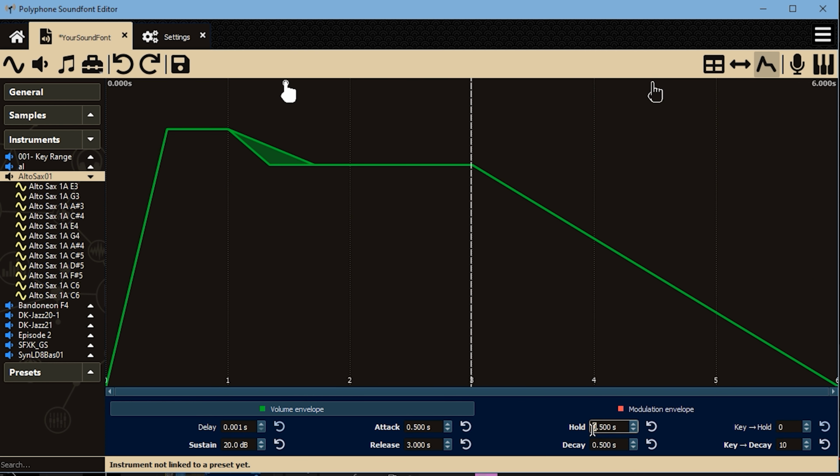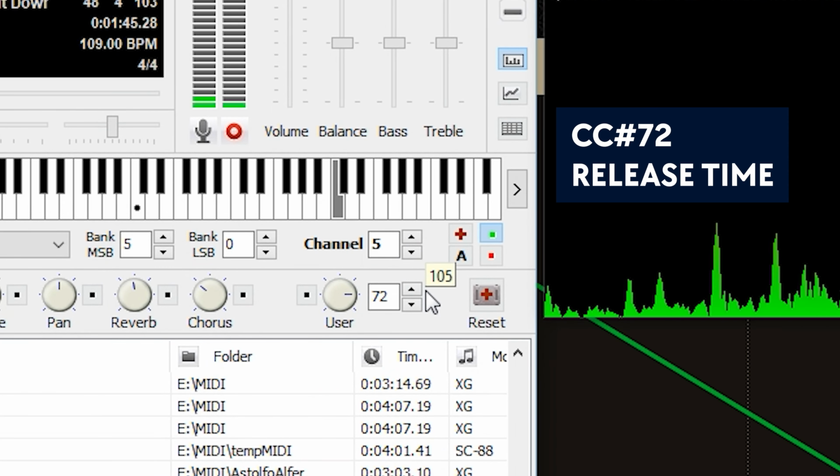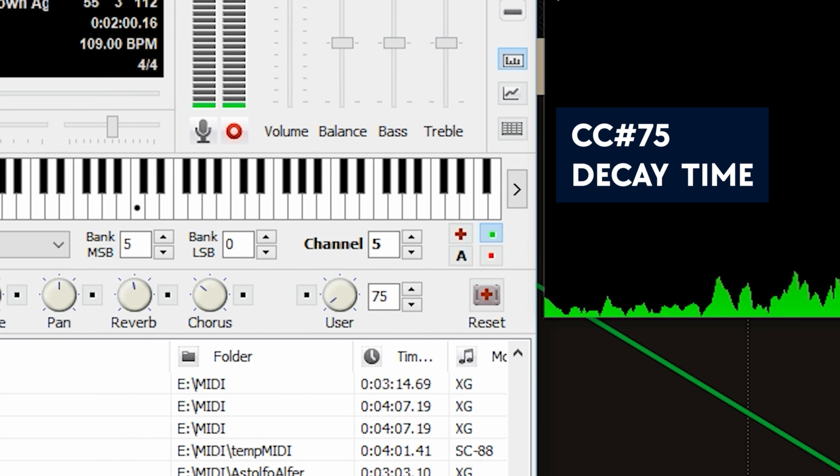In live playback or sequencing, MIDI continuous control or CC number 72 lets you vary the release time, and CC number 73 is here for varying the attack time. I was a frequent user of just those 2 knobs until yesterday, where I found out that in BASSMIDI driver you could also vary the decay time with CC number 75.